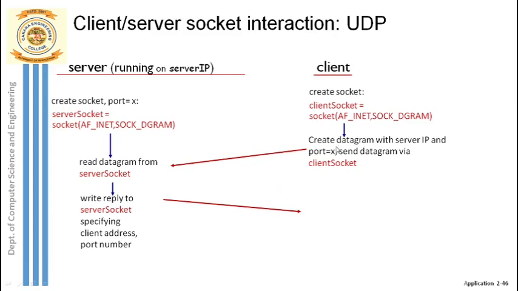Yes. The client has actually sent data initially wherein the from address is also included. So when you're sending back the reply, the from address is known to the server. So what is the from address? The client's address. So when I say from address, it includes the client's IP address plus the client's port address, right? So that is included, and now the reply is sent back to the client.